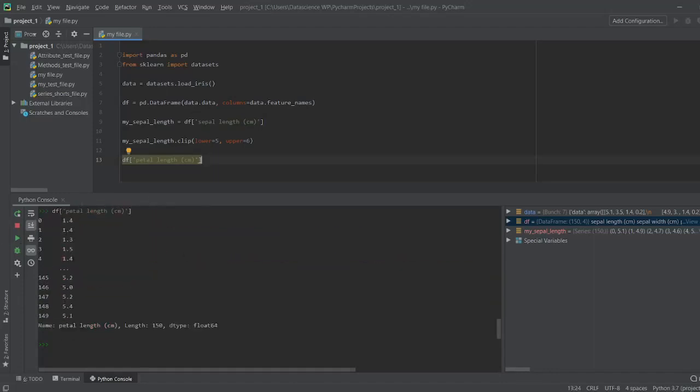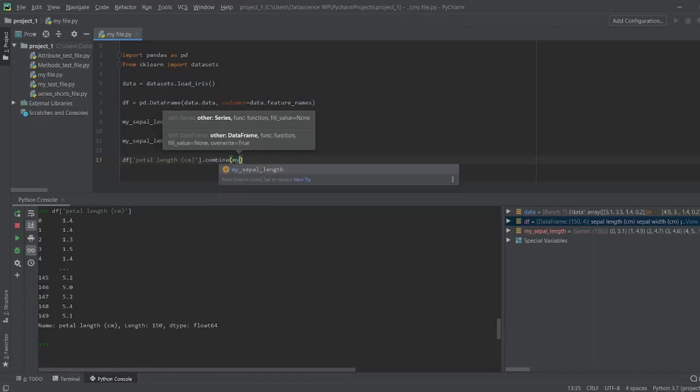You can see that we have the values over here, 1.4, and now to this I am going to use the combine method. We'll say dot combine, and since the sepal length we have already saved in one of the variables, I'm going to just call on that variable.